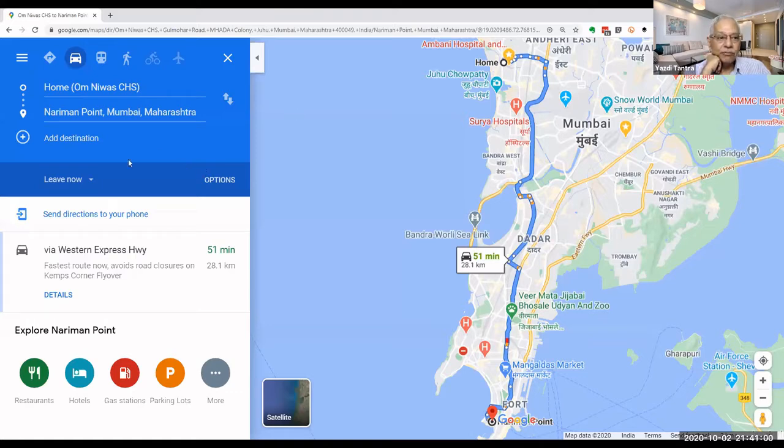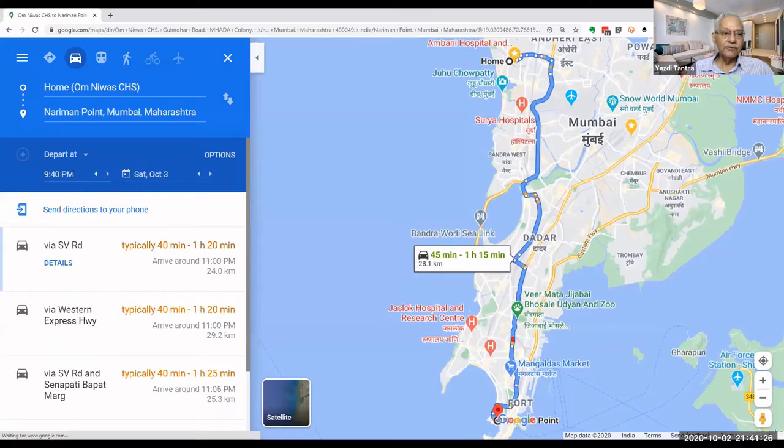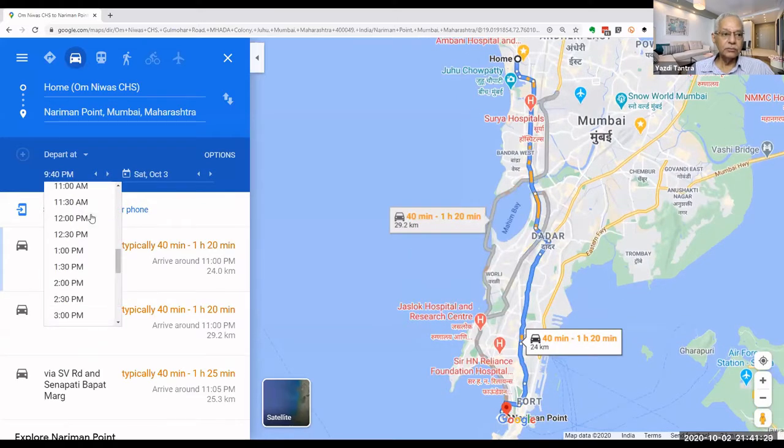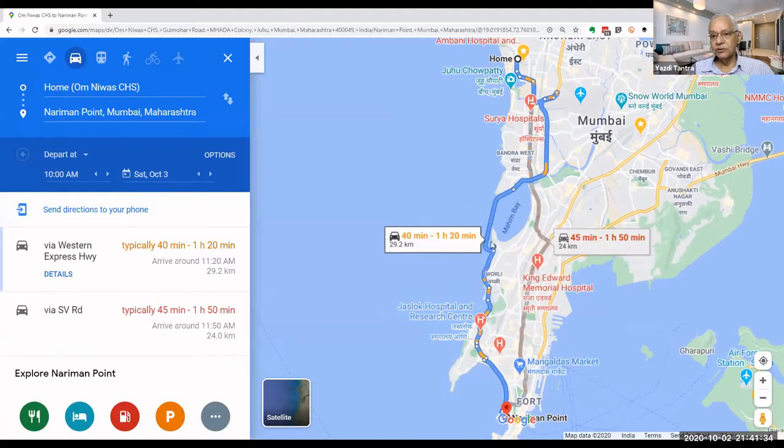Also, we said we would like to check if we leave now, what is going to happen. If we leave now, how much time is it going to take? It is going to take 51 minutes and it is 28 kilometers on the map. If you can see on the map, it is 28 kilometers. But if I say I want to depart, say tomorrow, that is on Saturday at 9:40 a.m., 9:30, 10 a.m., then it will take 1 hour 20 minutes by this route, 1 hour 50 minutes by this route.